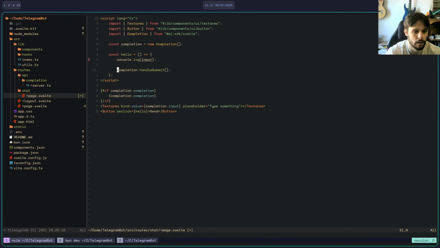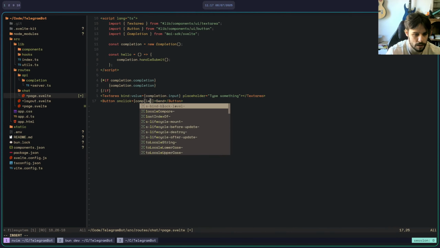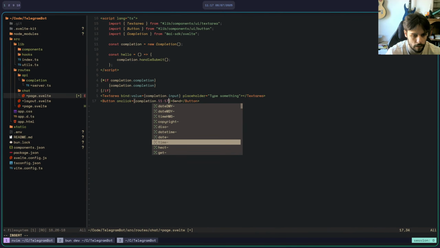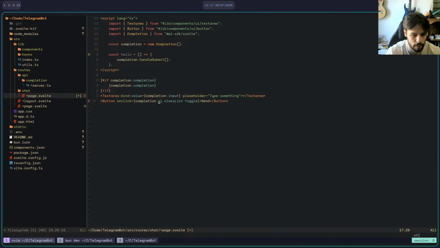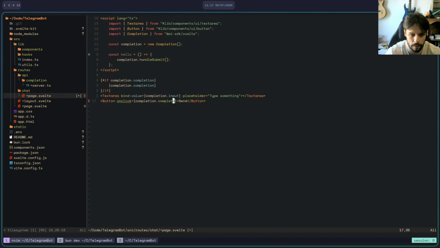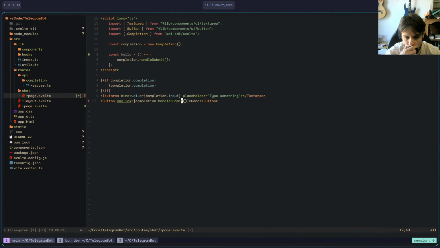We're gonna need this. On click completion dot, what do we have? Complete. Send a new prompt to the AI endpoint and update the completion state. Form submission to automatically reset input and call the API.